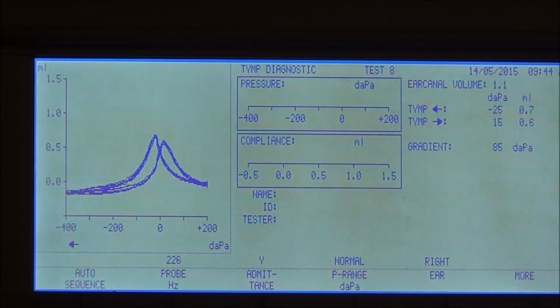So you can change different frequencies. What are the frequencies available? 226, 678, 1000. And what are the different components available? Susceptance, BG. Components in this instrument,